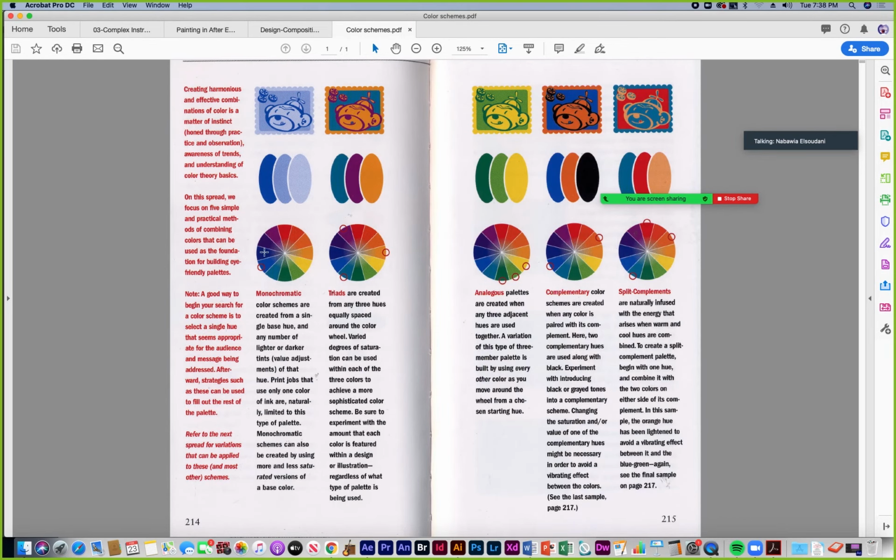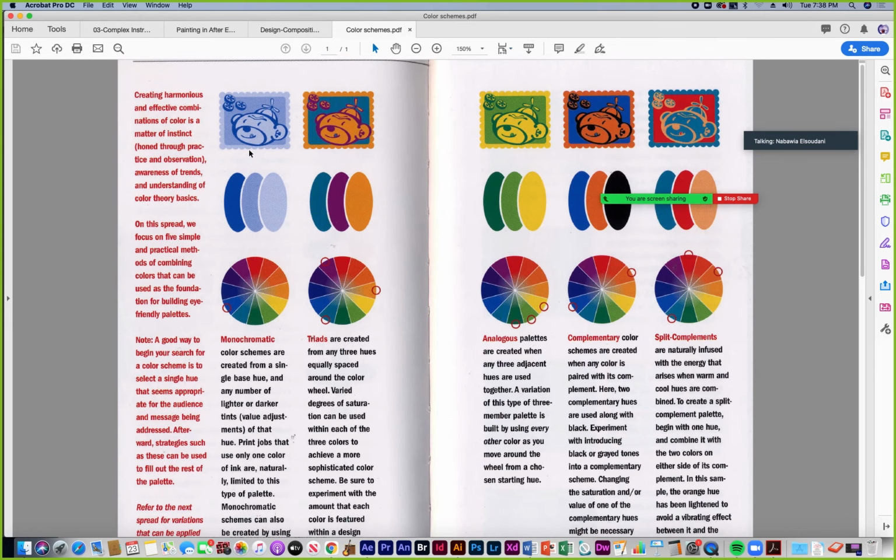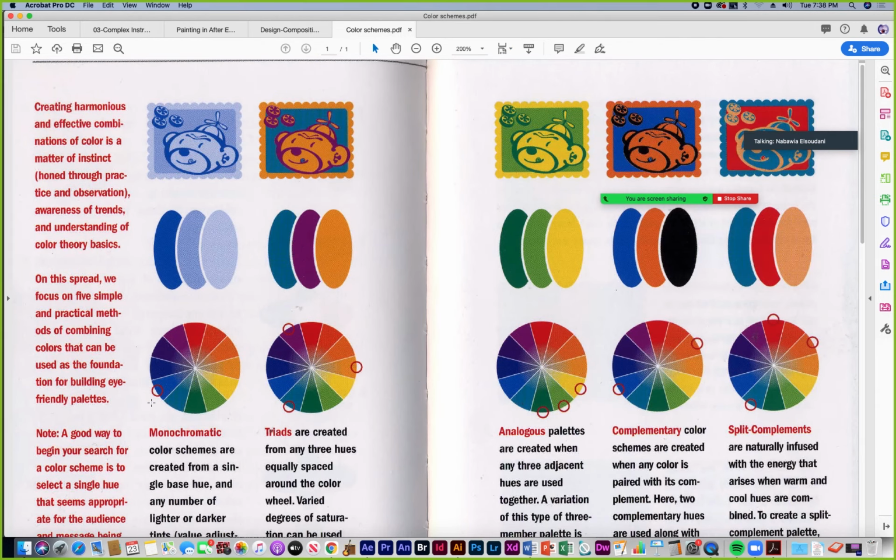With a monochromatic color scheme, you can only choose one color, and then to create the different contrast in the design, you need to vary that one color in all different ways, in brightness and saturation, otherwise known as value and intensity. So in this case, what did they do to vary the blue? They chose the pure blue color, and then they created what? What did they change? Are these tints, tones, or shades?